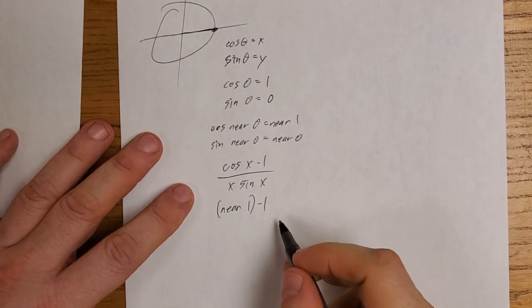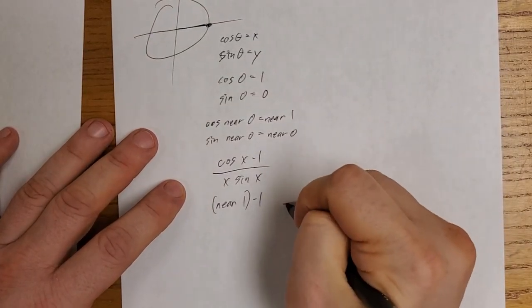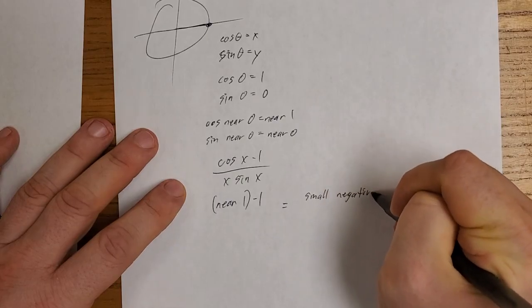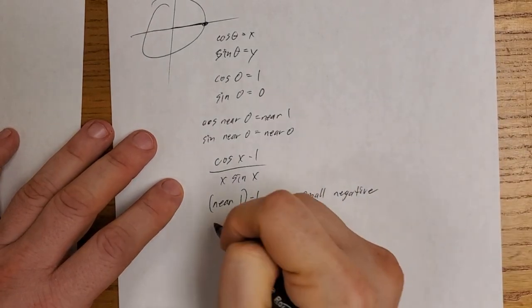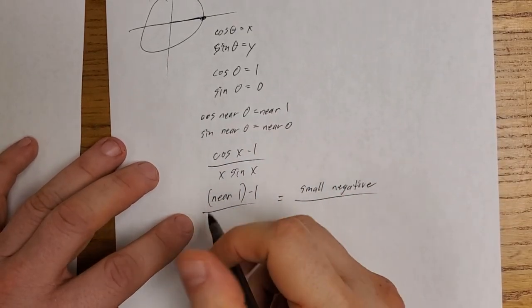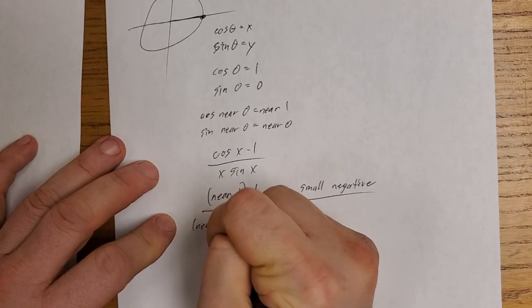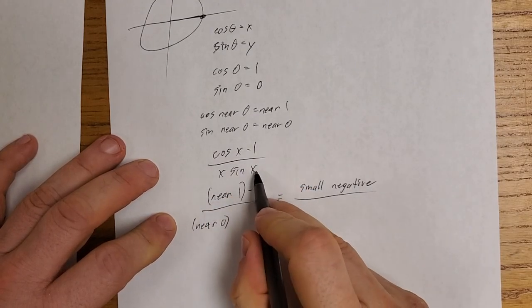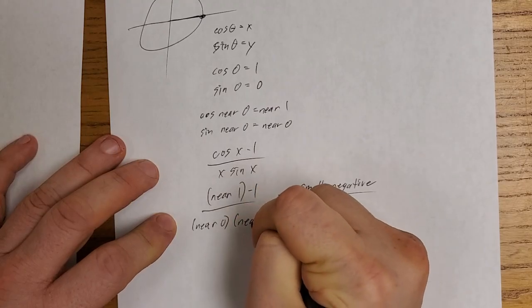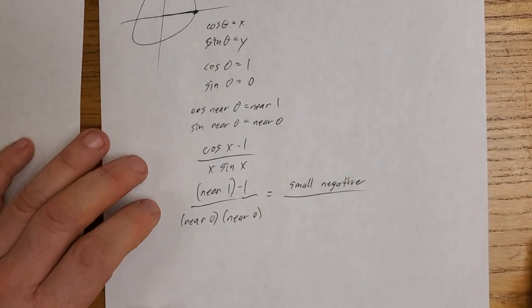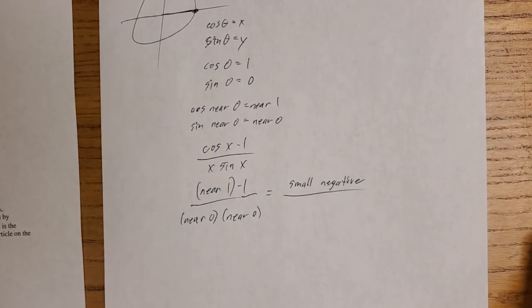So it's going to be some small negative number. And then x again is near 0, and the sine of x near 0 is also near 0. So it's going to be two numbers,